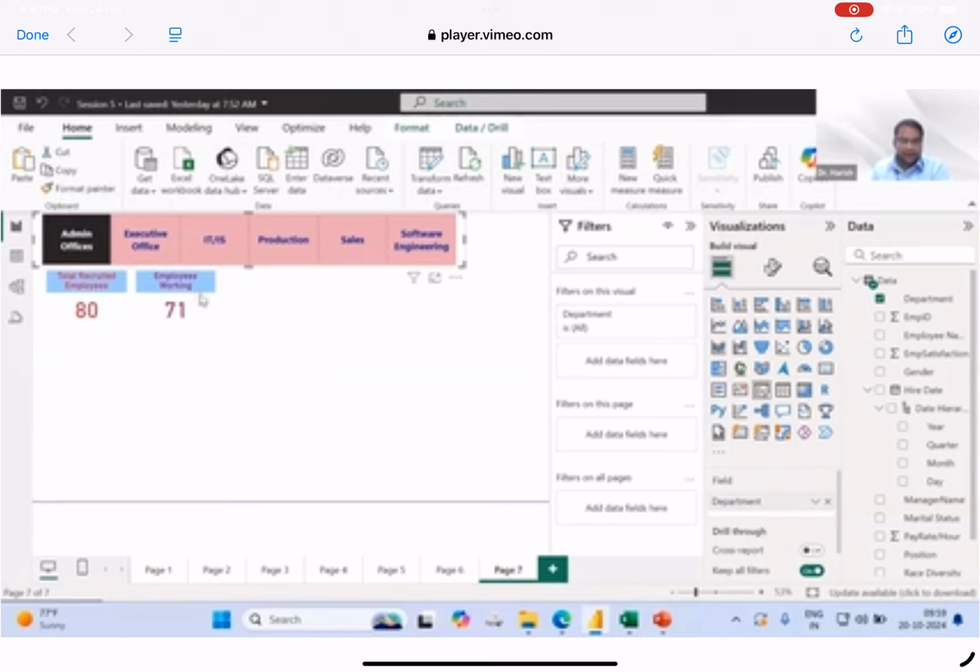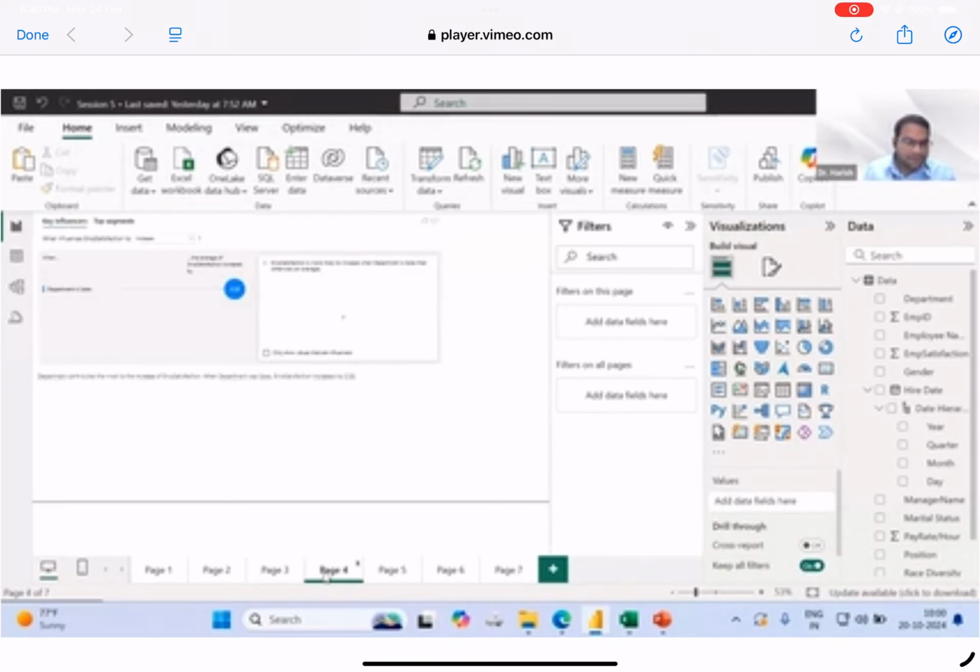My first analysis. If I click on this executive office, see, interesting thing, in case of this executive office, 24 have been recruited and 24 are still working. No one has left the organization. Agree with this analysis? When I am making use of this, you can say, department wise recruited and department wise still working people analysis. See, a very, very interesting fact we are coming up with: in case of this executive office, 24 people have been recruited and 24 are still working. But if you see my another analysis,